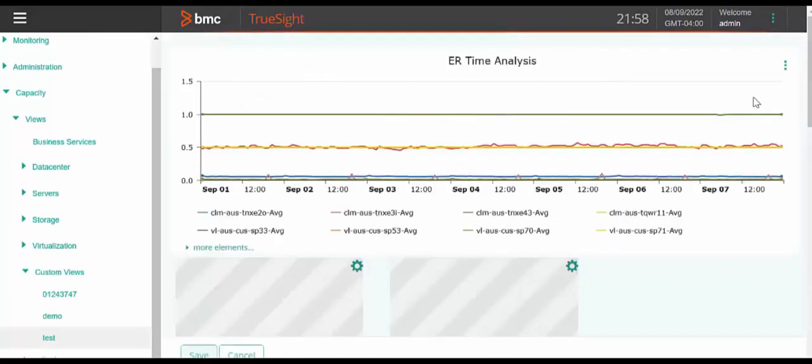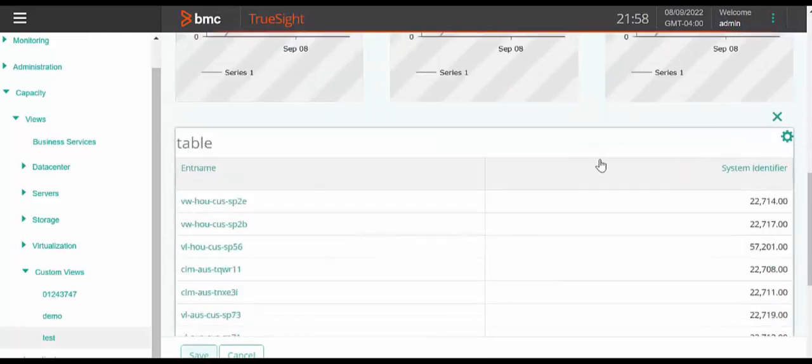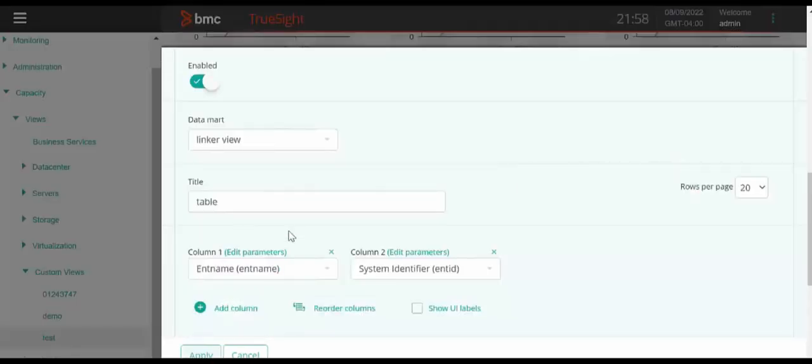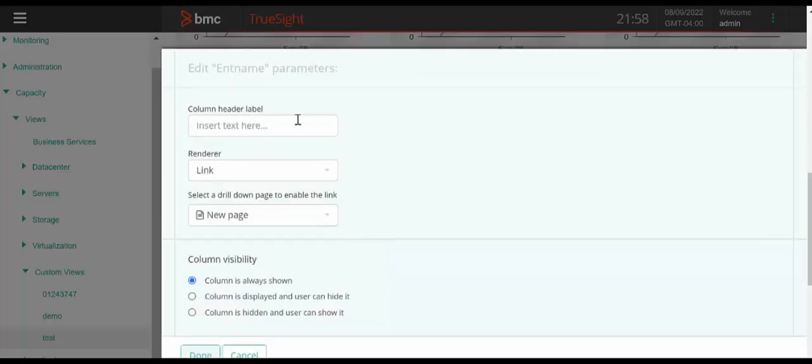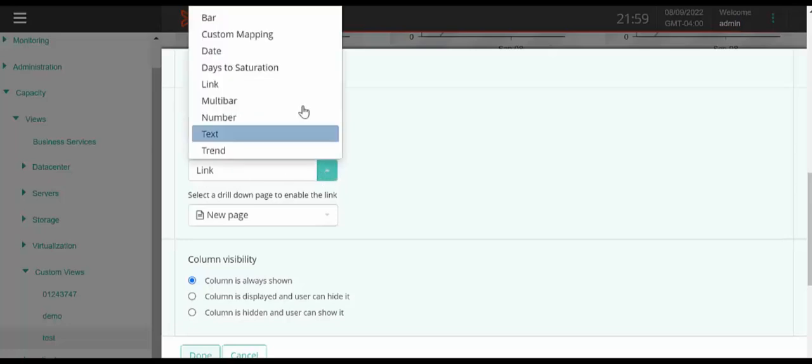I'll click here to edit the page and the table one. So this is the page where we give the entity name, system identifier, and another column as well if needed. And here there's an option of edit parameter. Either we can give a text name here, like for example ABC. Renderer will be the link